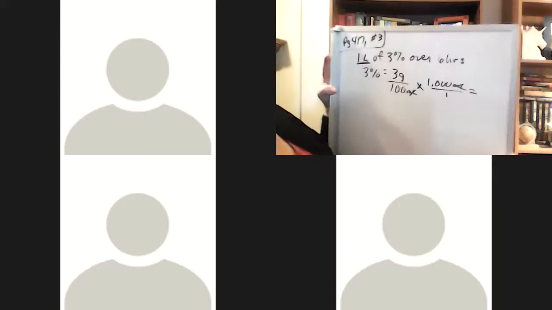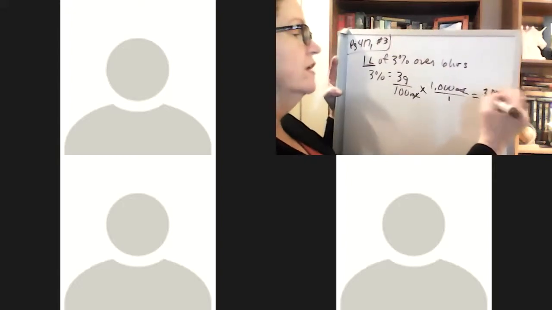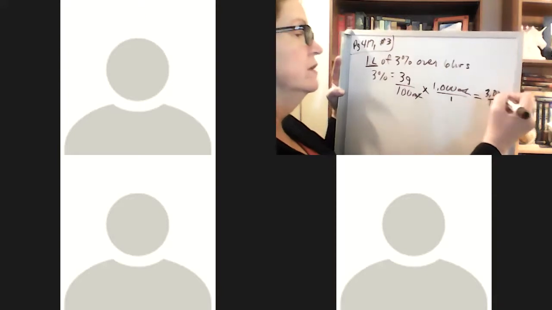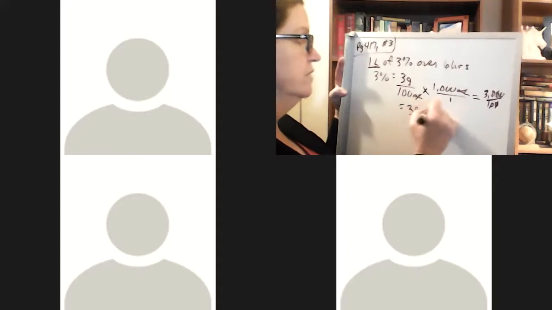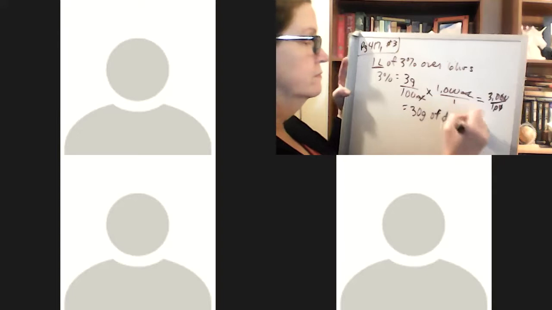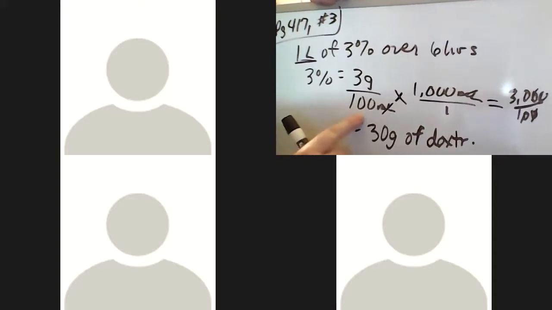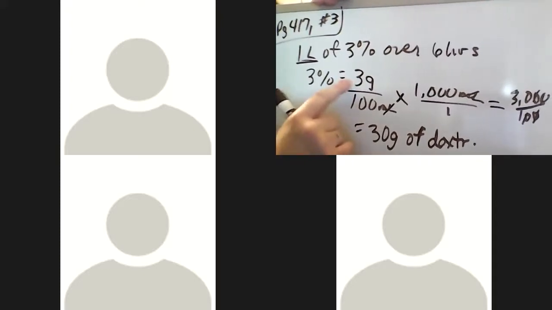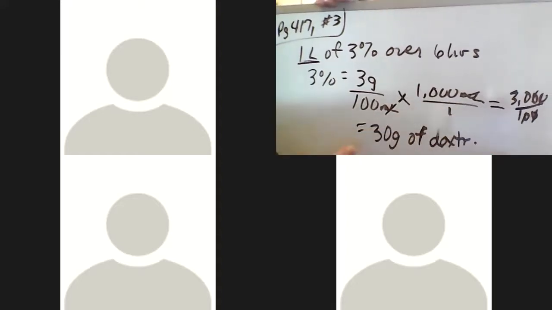So they're going to get 10 times that amount, aren't they? So instead of 3 grams, they're going to get 3,000 divided by 100, which is 30 grams of dextrose. Okay, so they're getting a liter, not 100 milliliters. They're getting 10 times that. So if they were to get 3 grams in 100 milliliters, they're getting 30 grams in 1,000